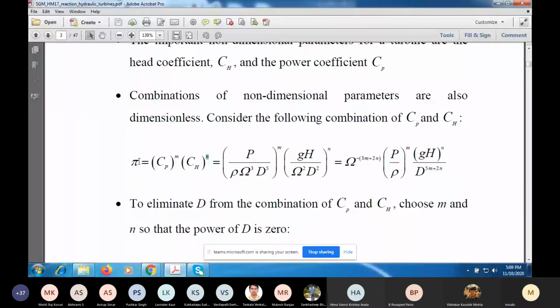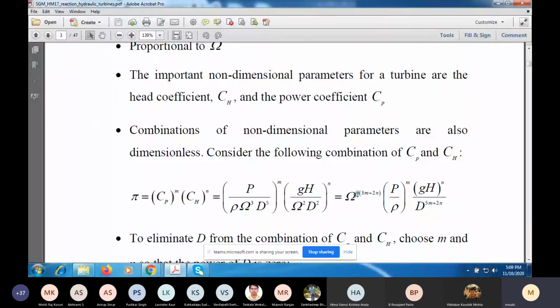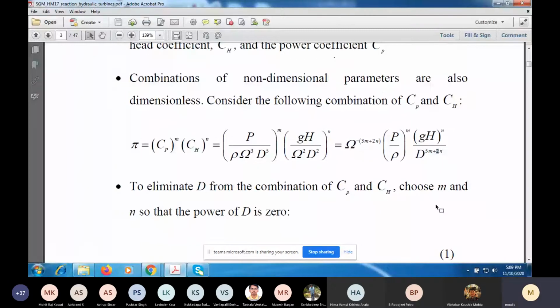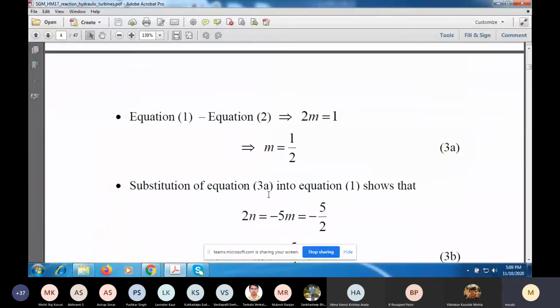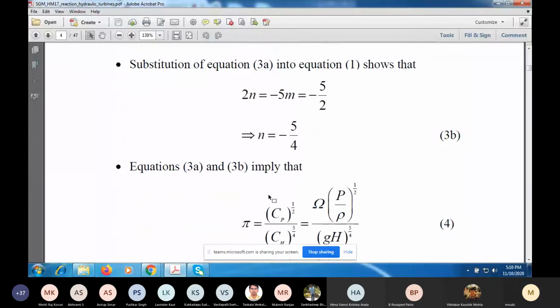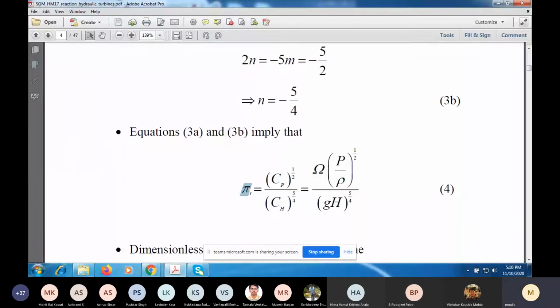So the exponent or power of omega should be 1, and we want that there should be no diameter in it, no length scale. So we want the power of d to be 0. So I have two equations, 5m plus 2n equal to 1, 0, and 3m plus 2n is minus 1. And this gives you the pi of this form, which will be given in all books, but the derivation will